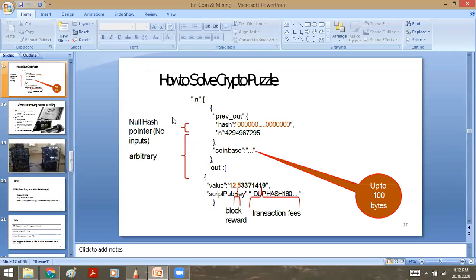then automatically, in the code itself, you will write the value: what is the reward at that point of time, what is the transaction fee, and this is the public key. Then these new coins and transaction fee will be logged to this public address. Everything is code. Everything is a script.